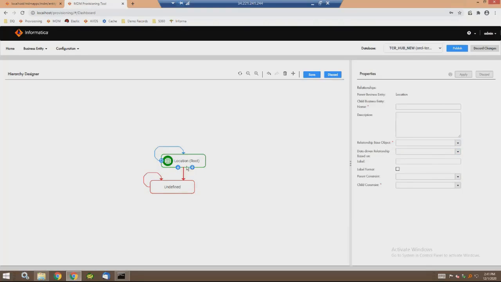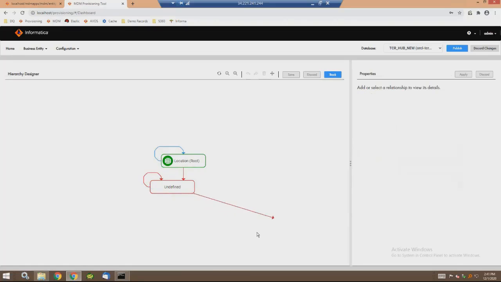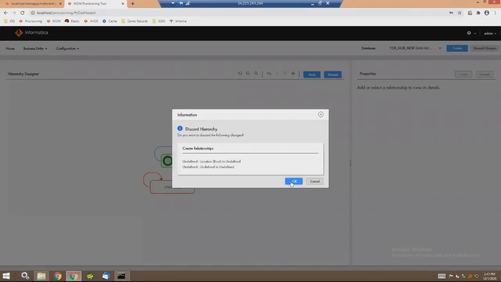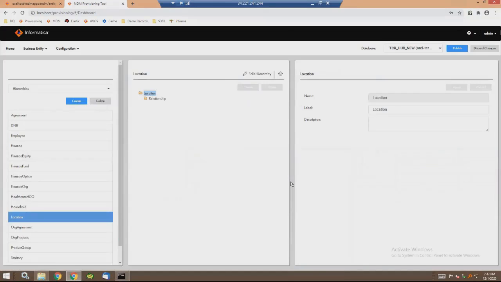So pretty much, you can keep going at this, and then you can keep going and creating further hierarchies as you see fit for your project. So I'm going to go ahead and discard these changes. Yes, I'm okay with discarding this. All right,